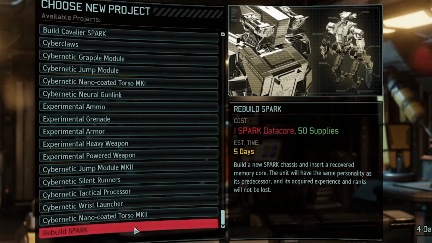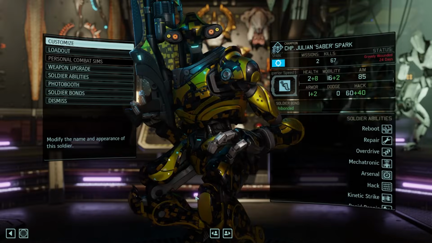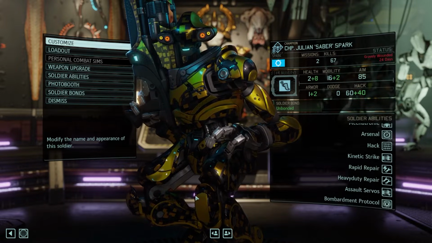Effectively, if your spark is killed in battle, you can go to the proving ground and you now have the option to rebuild the entire spark. They will lose some of their stats, as in they will lose the number of missions that they were deployed on, but they will keep their kill count and you'll get to retrain all of their skills,